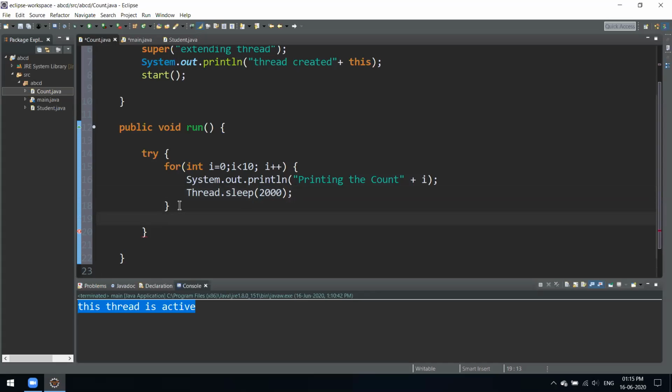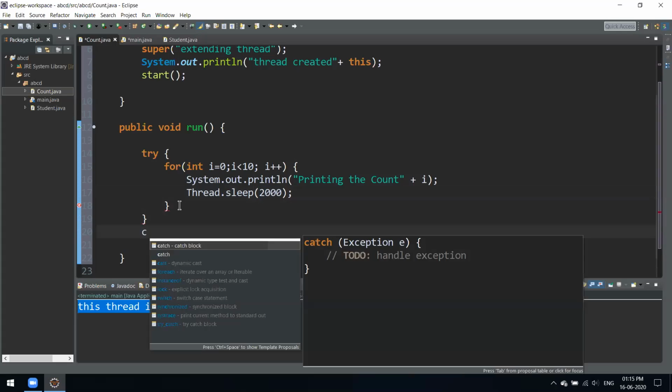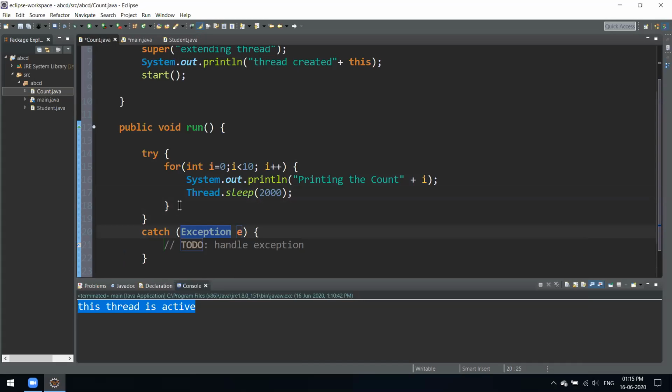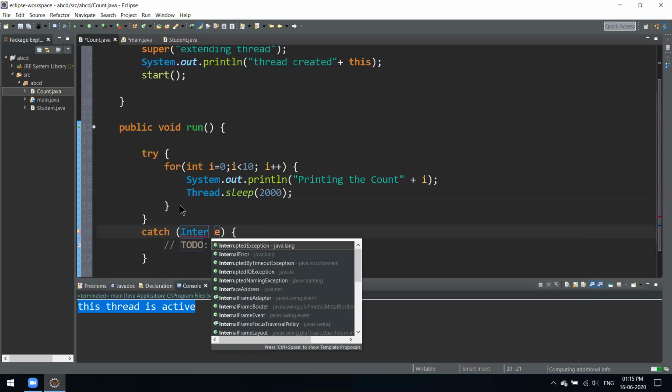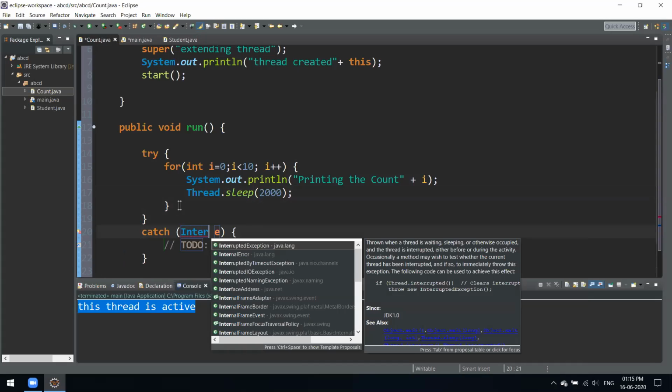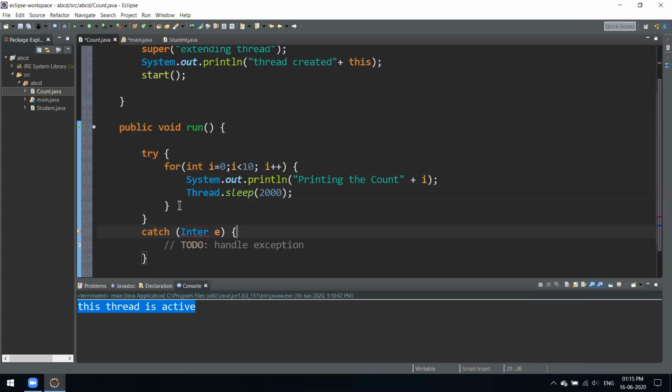If there is some interruption, in that case we'll write our catch block over here. Here we'll have the InterruptedException. I hope everyone is familiar with what a try catch block is. We saw this yesterday.